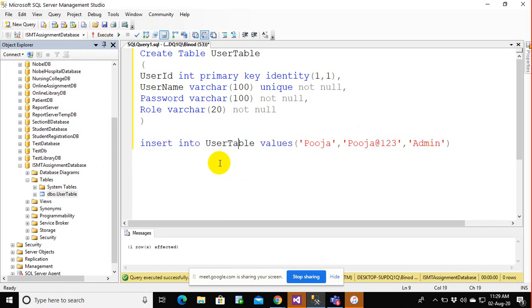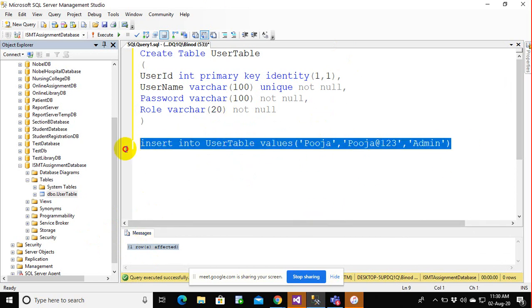Got it? Okay, so one row affected. You can see one row affected. So you have to care for this, everyone. One row affected is very important whenever you start programming in the front end. This will be very useful in making sure that your values have been inserted in a database. We'll take this value in the runtime to check whether my values have been stored or not. So be careful with this one, everyone. One row affected means you have been able to save the value.